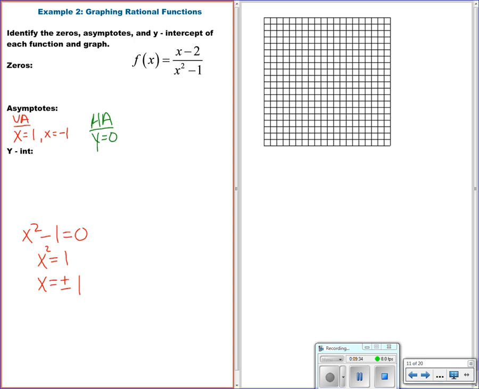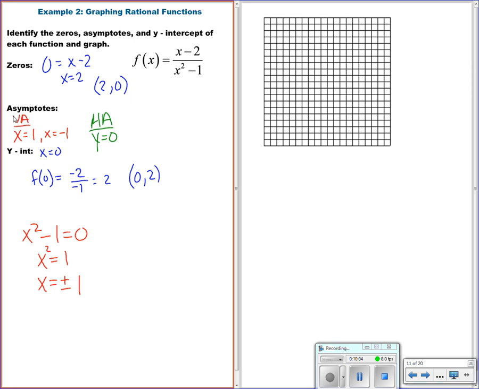Your y-intercept, you make x 0. So that's going to be negative 2 over negative 1, or 2. So 0, 2. Zeros, you make the top equal to 0. So I have the point 2, 0. On your grid,